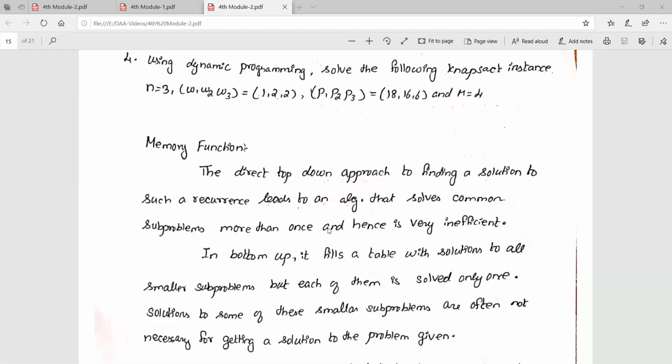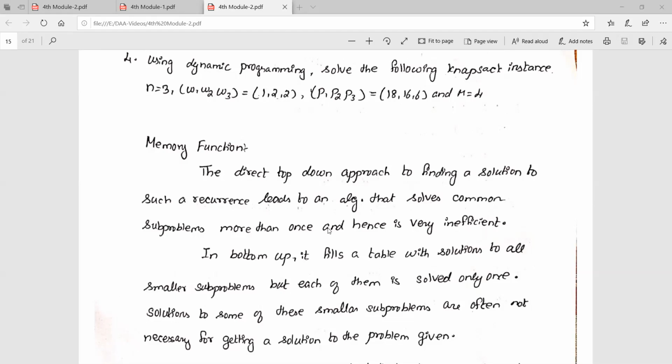So, in the last video, I explained how we solve the knapsack problem using dynamic programming. The drawback is that we have several subproblems. We solve all the subproblems and get the solution. But to get the final solution, some of the subproblems are not needed, yet we are still calculating their values, and that takes some time.